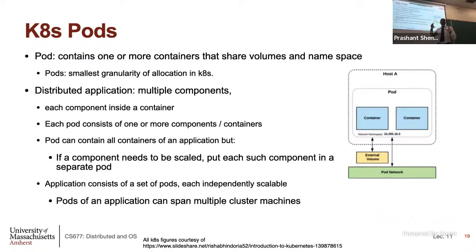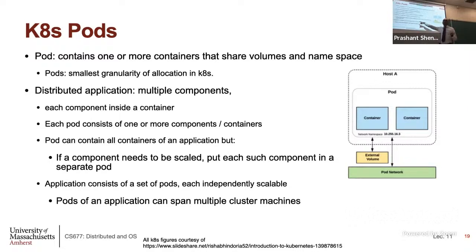So a pod can contain all the containers of an application, but typically what you would like to do is each component gets its own pod, so you can independently scale it up or down. Just as in function as a service, I said you can scale up an individual function. So the right model is not to put two different parts of your application in one pod. You put one component in a pod, and then you can have another pod on another machine, so your application component gets replicated. And if one goes down, you can send your request to the other. You can scale them up. If they need more, you can give them more resources. All of those things can be done.